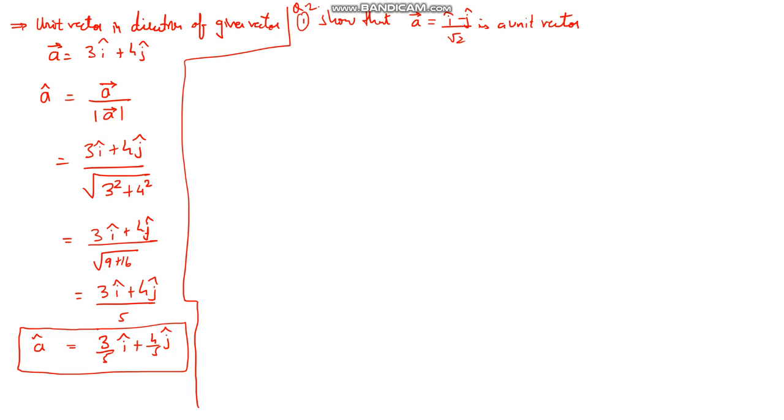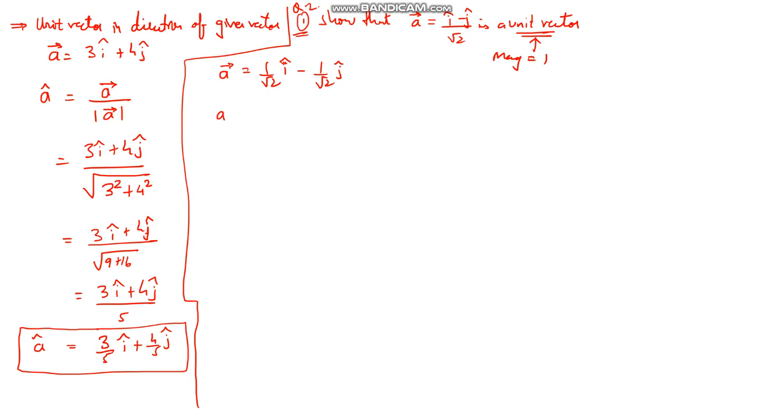Now this question is a textbook unsolved sum, question number 2-1. The question is, show that vector A, which is given by (i minus j) by root 2, is a unit vector. Now whenever we say that a vector is a unit vector, it means its magnitude is 1. So we'll try and find out the magnitude of this, and if it is 1, then we can say it's a unit vector. So vector A we can write as 1 by root 2 i and 1 by root 2 j. We have just separated it.